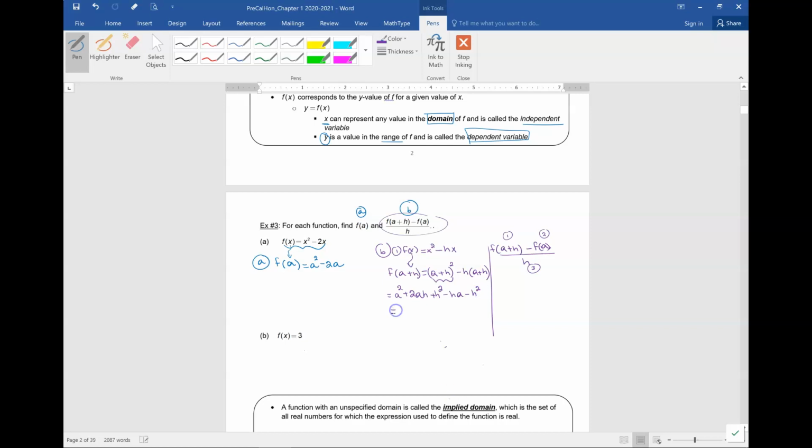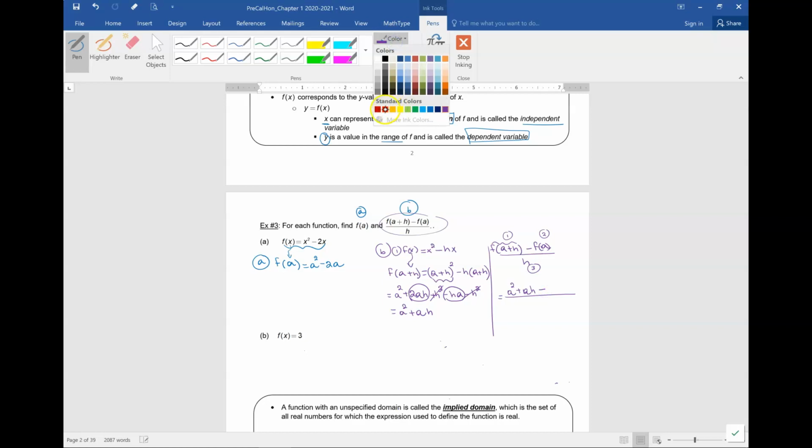Okay, now what happens? h squared and negative h squared goes away. So this is a squared plus 2ah minus ah, which is plus ah. Okay, so let's go back here and put that stuff in there. I was supposed to have found f of a plus h, which I just did. It's a squared plus ah